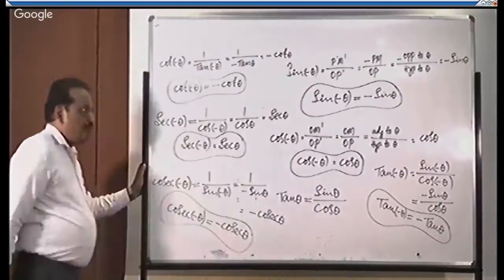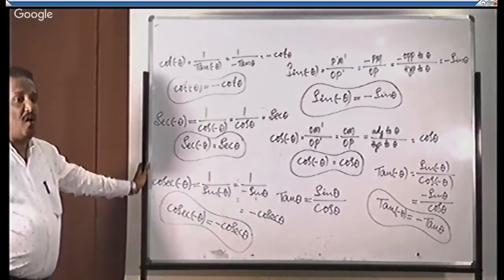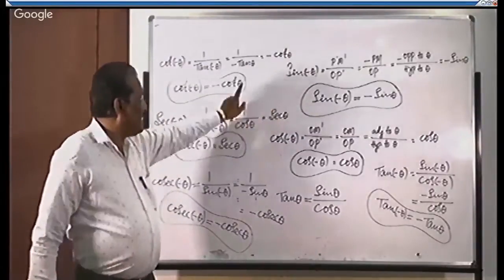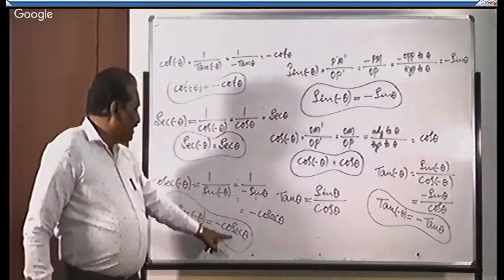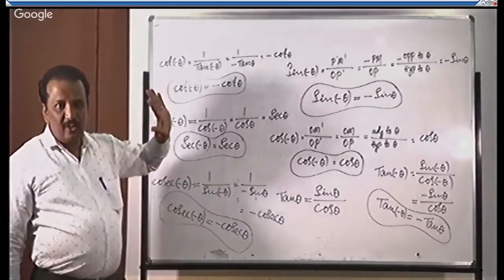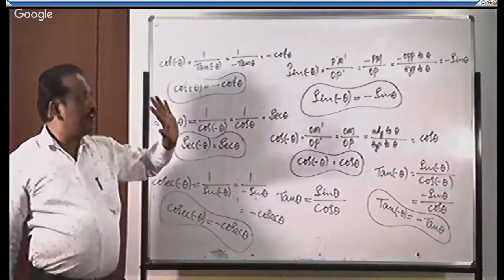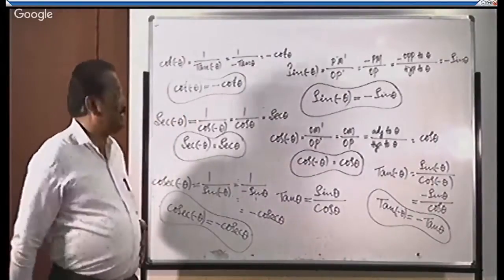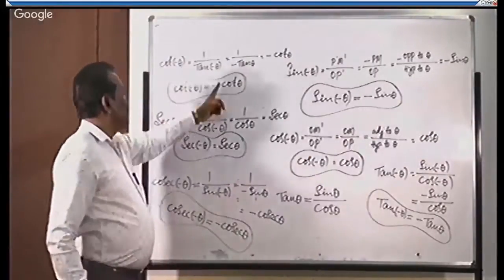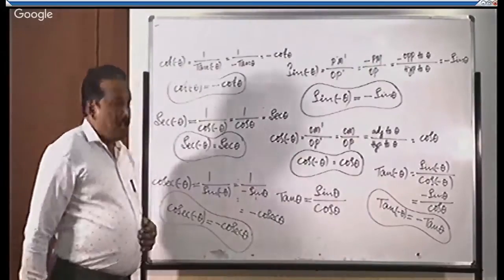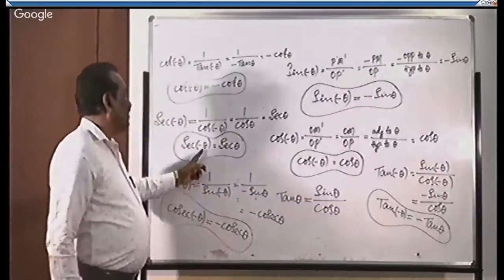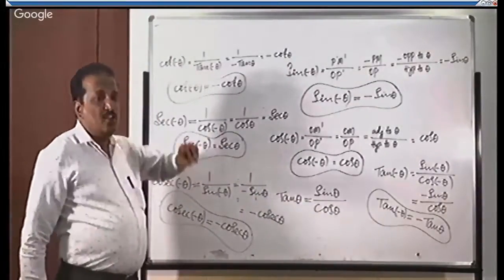So if you connect minus theta to all trigonometric functions, the result on the right hand side, whatever it may be, should be expressed in theta only. Observe that out of the 6 trigonometric functions, 4 possess a negative sign on their right hand side. Sine it is minus, tan it is minus, cot it is minus, cosecant it is minus. But when we connect minus theta to cosine of an angle and its reciprocal secant, the right hand side exists with a positive sign only.